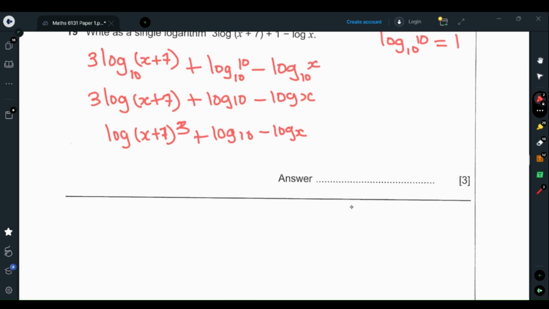So if we're adding logs, that's the same thing as multiplying the terms thereof, okay? So this will be log of x plus 7 to the power 3 multiplied by 10